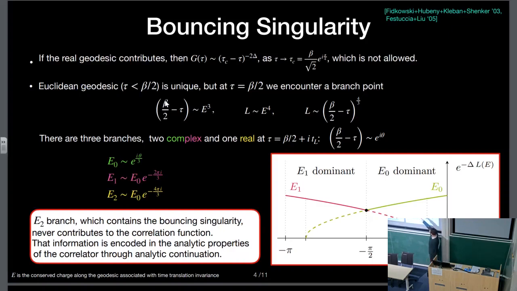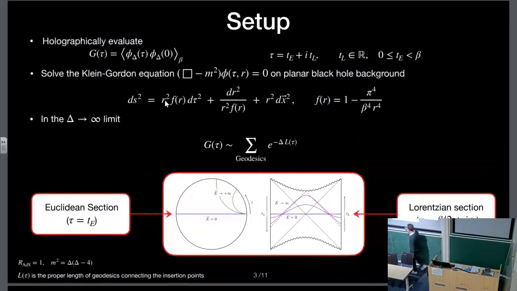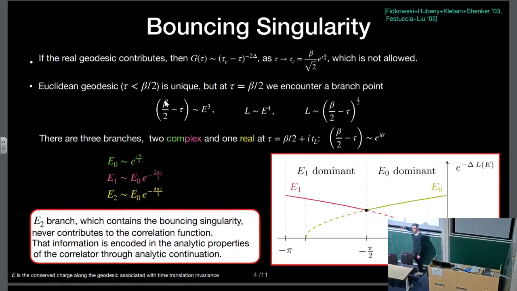If I expand my correlator, and if I expand my proper length around beta over 2, I find a branch point with a power of 4 over 3, which means that around this beta over 2, which was just the geodesic which goes across here, I find 3 different branches. One of those branches is the real geodesic that I showed you before, and the 2 other branches in the Lorentzian section would correspond to complex geodesics, which I cannot show in the Lorentzian patch, but are actually there